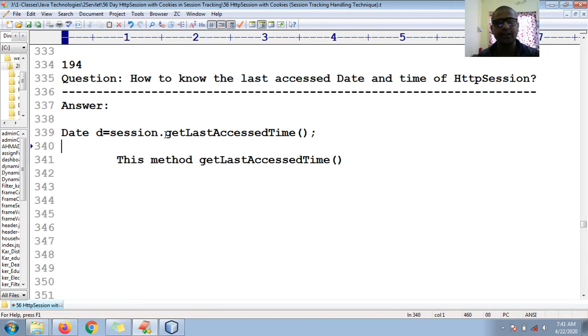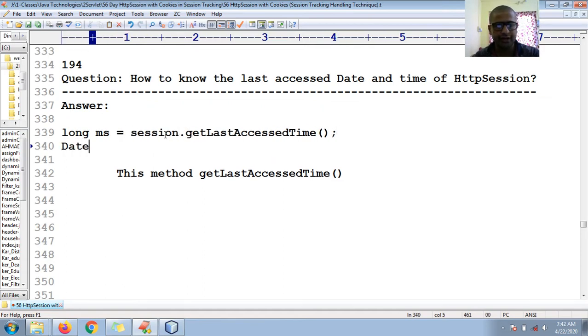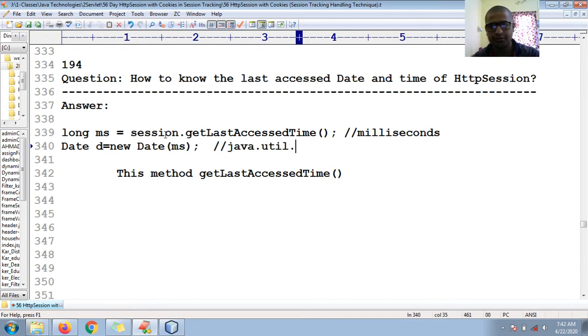Directly you cannot convert here to date and time, so let me hold it in a long, in milliseconds, and let me convert into a date: Date d = new Date(ms), and here you need to pass milliseconds. Once you pass that, you will get it in date format, that is java.util.Date.